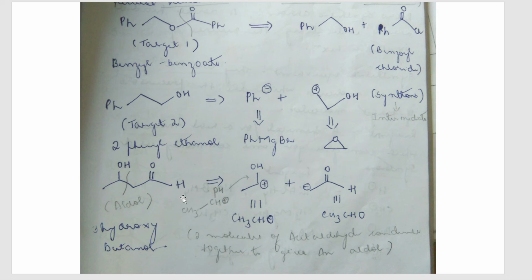In the same way, the third target molecule, target molecule 3, is 3-hydroxybutanol. Now see where all you can disconnect. Here we have disconnected it. So we have got two parts here. This carbon has a plus charge, this carbon has a minus charge. Now how have they written? CH3CHO, that is one. CHO, that is one. What have they done here? Because it had a minus charge, they added one CH3 here to write its synthetic equivalent. Here what did they do? They added one more CH3 here in order to write that.